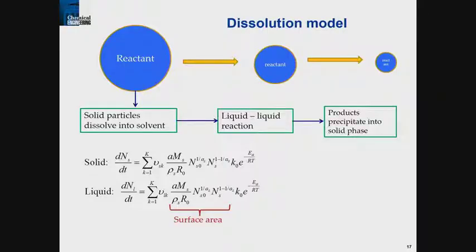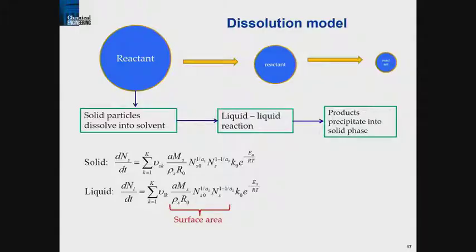And since you have a liquid reactant, maybe it's that small amount that reacts in the liquid phase and not on the solid surface, okay? And if that's the case, then we can write a mass balance as well. We still have the surface area, but take a look here. What happens is this thing is independent of the solid concentration, because it's not reacting on the solid surface, it's reacting in the liquid phase. And the amount that's dissolved in the liquid phase tends to be a small quantity that tends to be constant, okay? And so we don't even have a diffusion layer necessarily. So this is an interesting sideline.